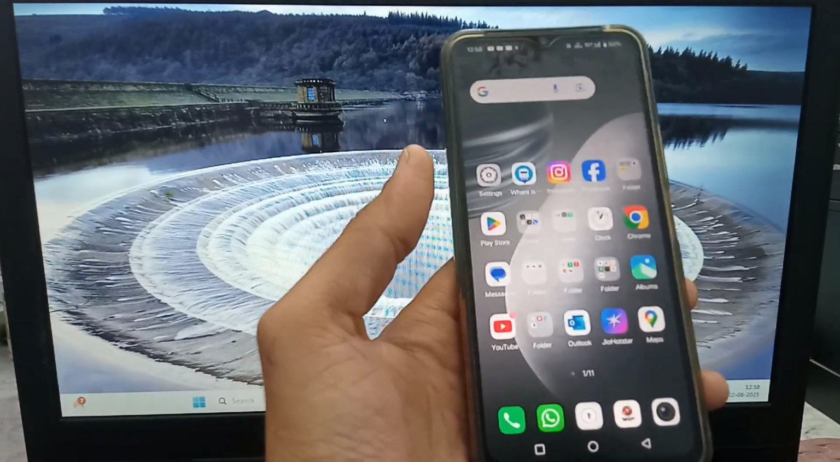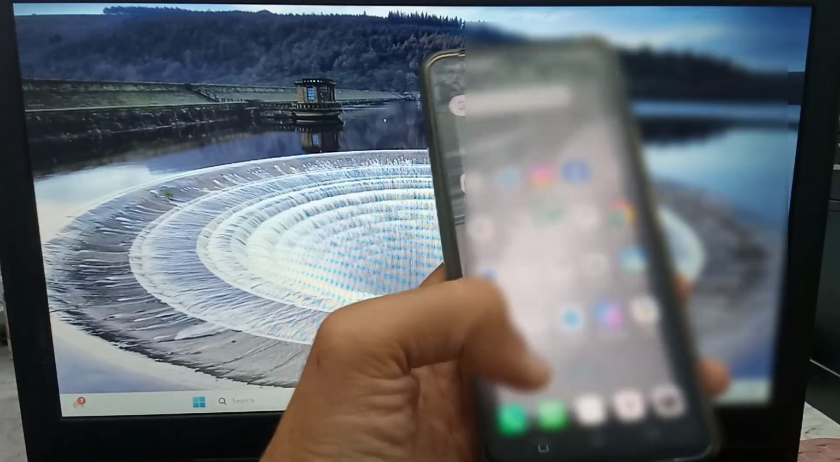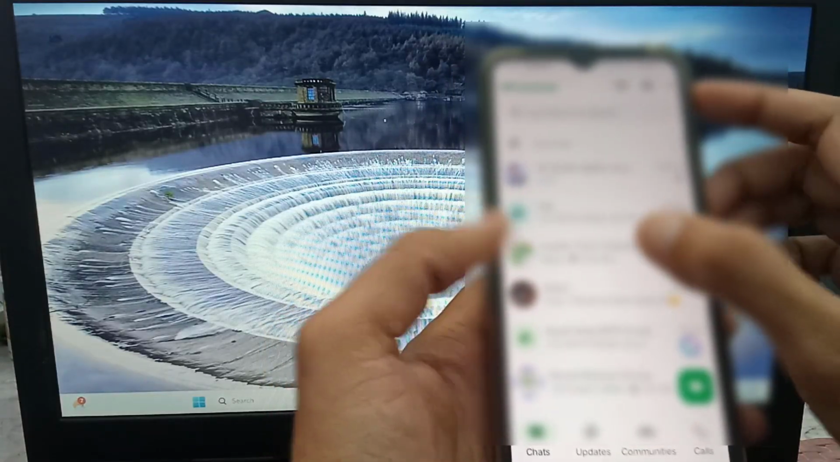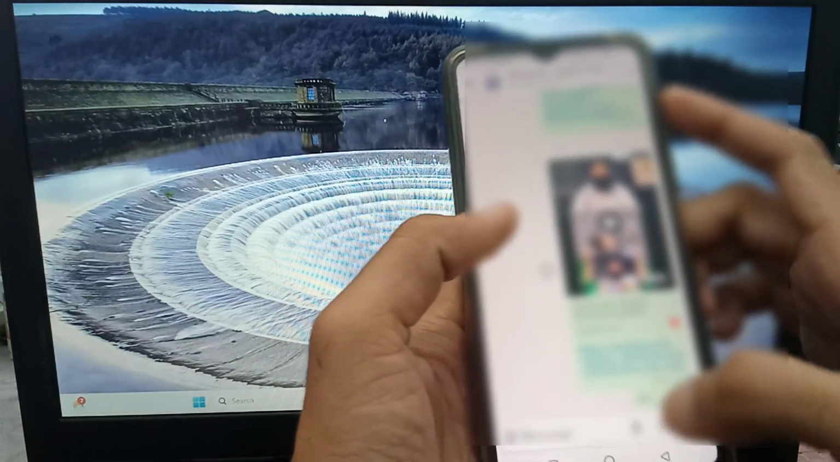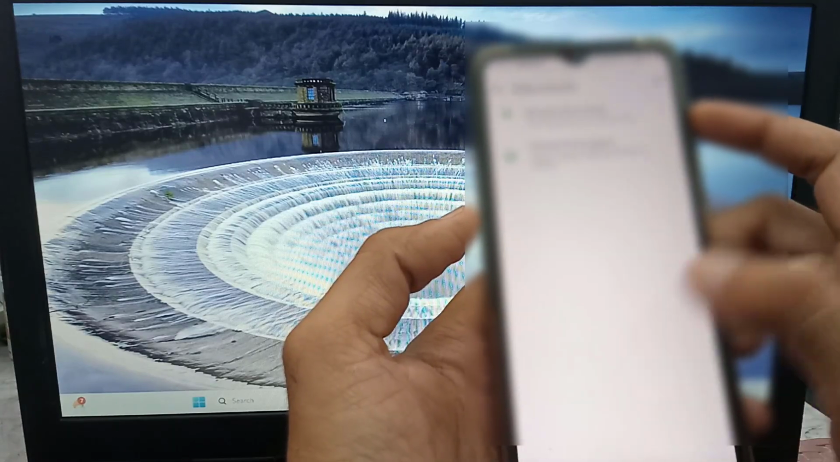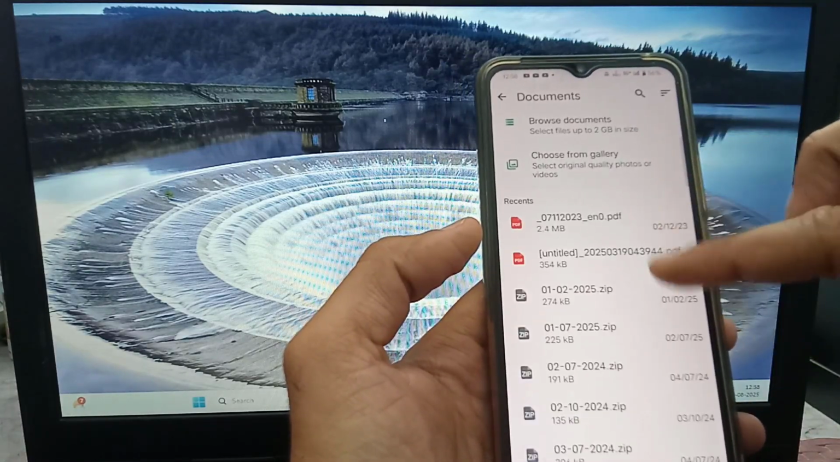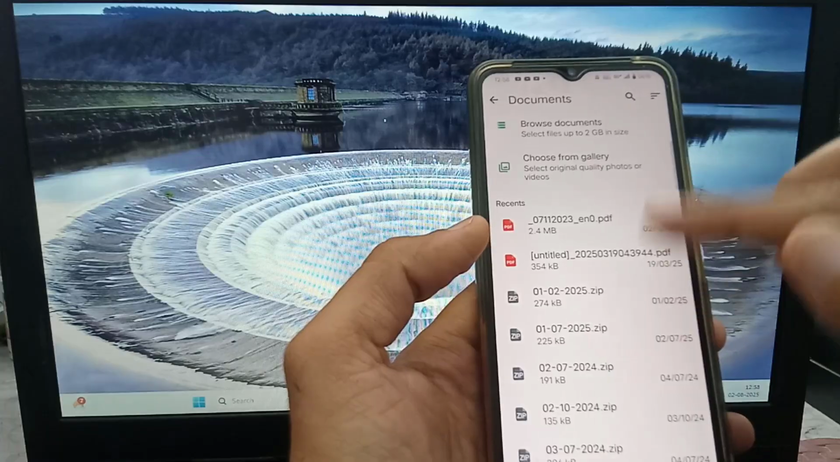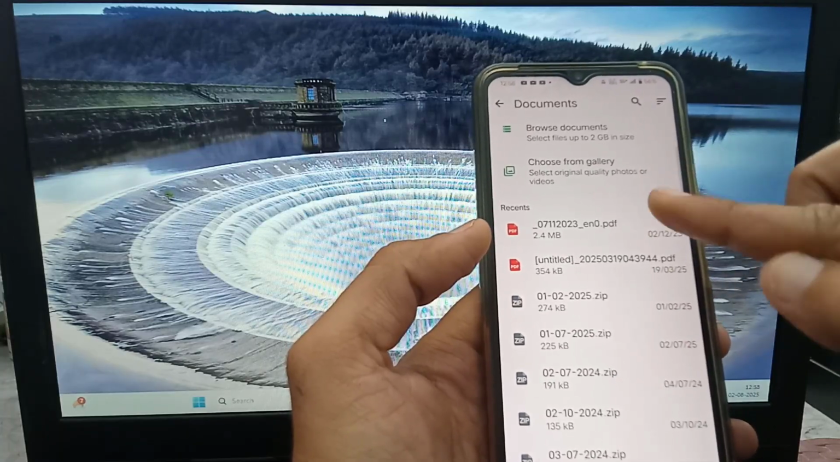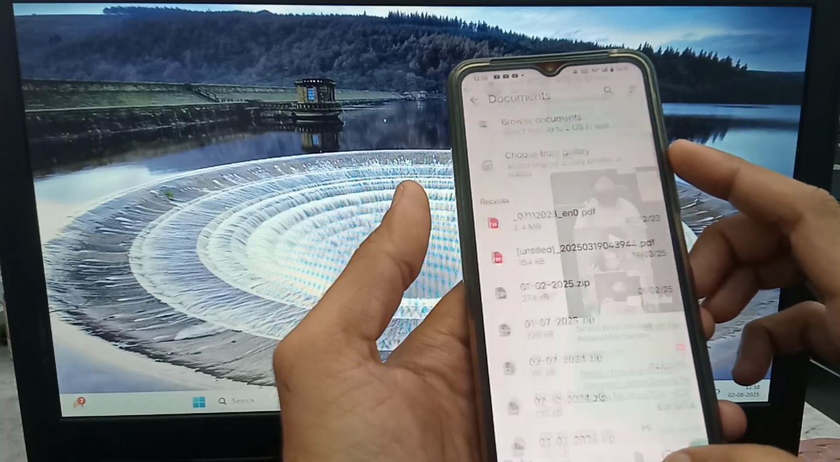So let's start the video. Guys, if in your WhatsApp the new option scan document is not showing, when you select document, here you will find scan document. If in your WhatsApp also you are not seeing this option, then what you have to do,